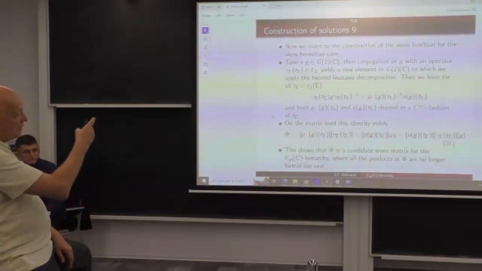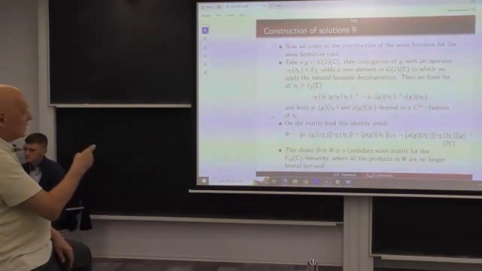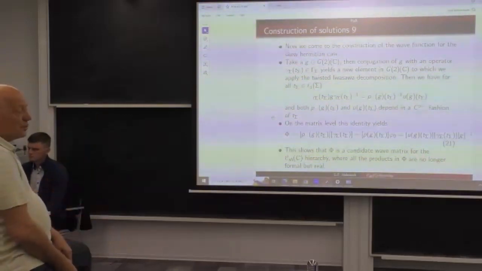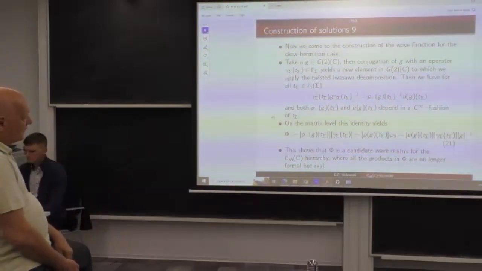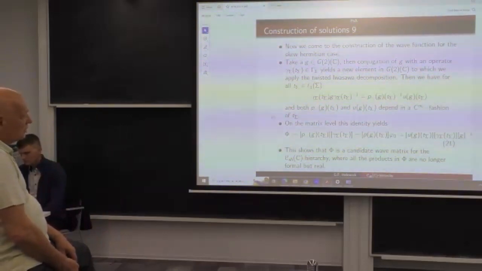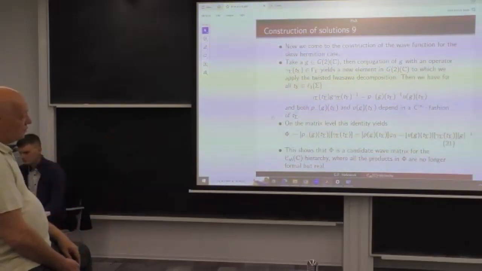Then I get P minus inverse times U T sigma. And both components depend in the C infinity way of this. Now, if you define phi by P minus J T sigma times gamma sigma T sigma on the matrix level,